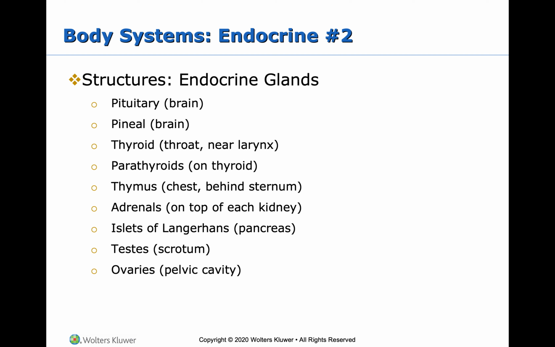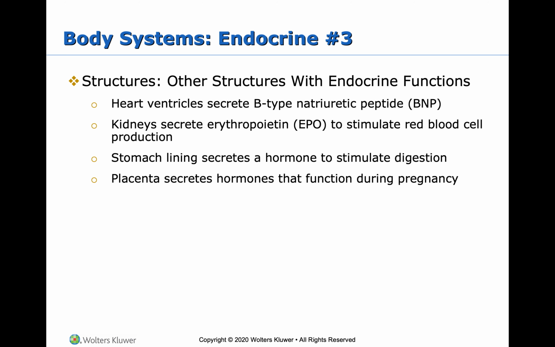Okay, going on. So there are some other structures with endocrine functions. Your heart ventricles secrete B-type natriuretic peptide, or BNP. This is important because it releases this BNP hormone in response to volume expansion and pressure overload within your heart ventricles. So a BNP blood test is often performed to determine if a patient is having congestive heart